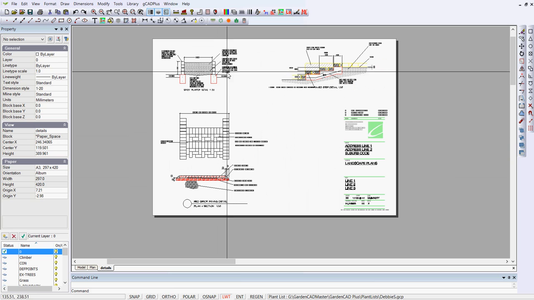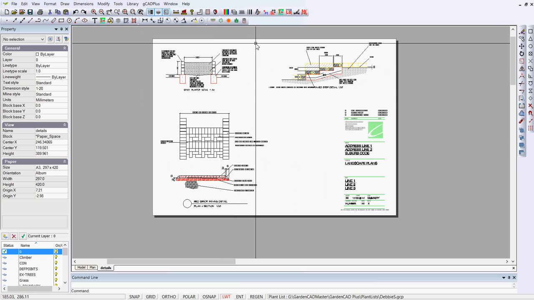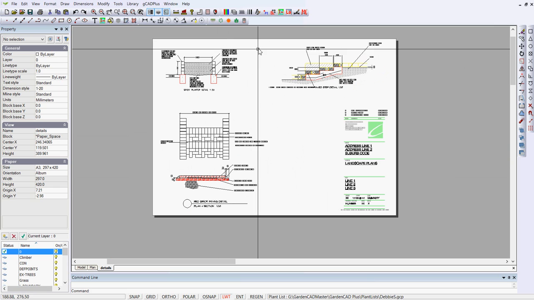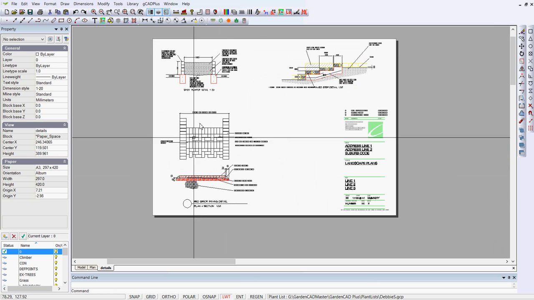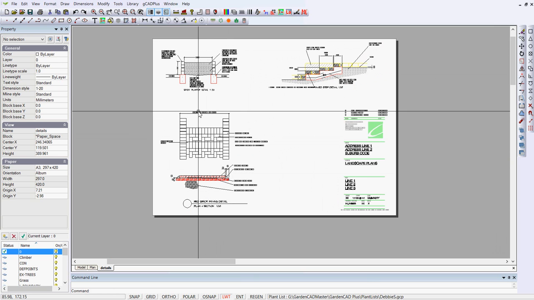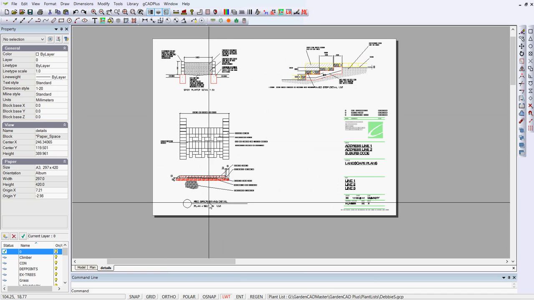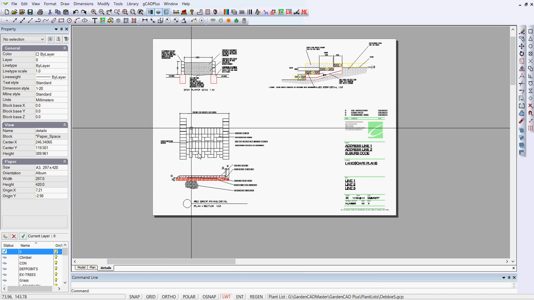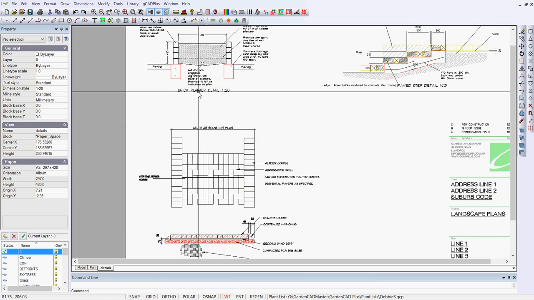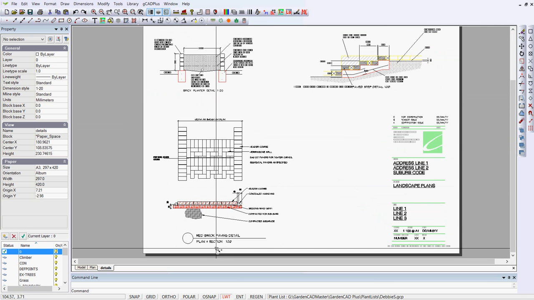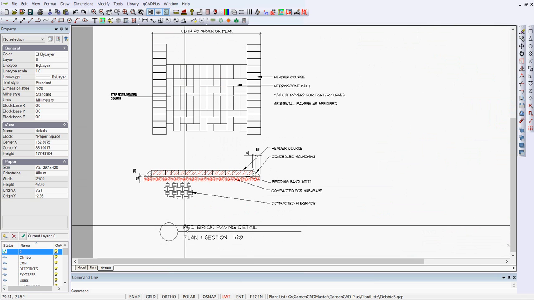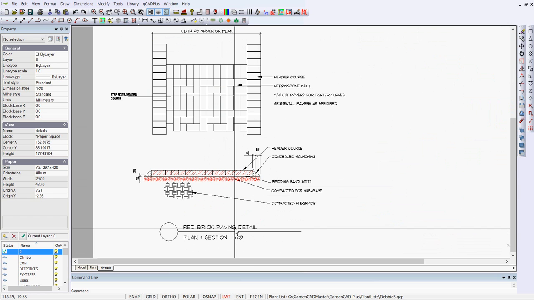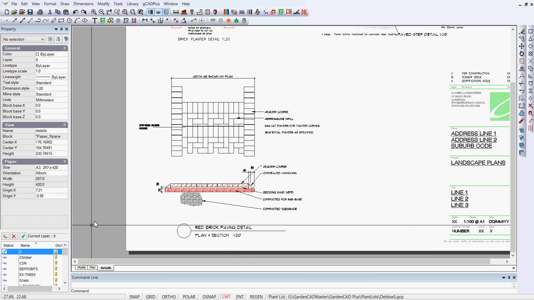So if we go to the details sheet and right click zoom extents, you can see the various details are sitting here, each of them in their own floating viewport. I've not given the floating viewport that grey colour because they're all set and are working well for me. Although as I now look at it now, I need to change my text style for the description there. Brick planted detail 1 to 20. I'd much rather have a little symbol like so and use a